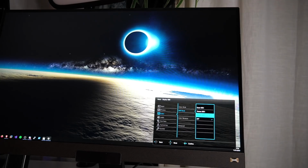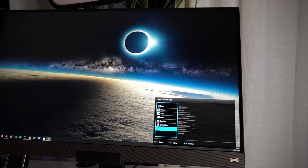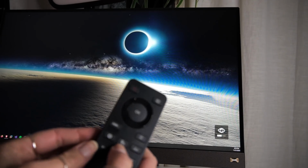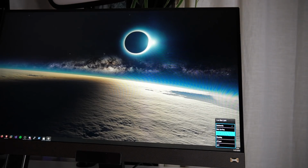Whoa, look how pretty. Wow, I think I have a good background for testing this. I'm gonna leave it off for now because I want to test the eye strain most importantly. Okay, I think we're good. What's this? Oh, you can change it on here. So I'm using the remote, and the button on here lets you adjust it on the fly for low blue light. That's super awesome. So if I want to change it to e-paper while I'm reading,